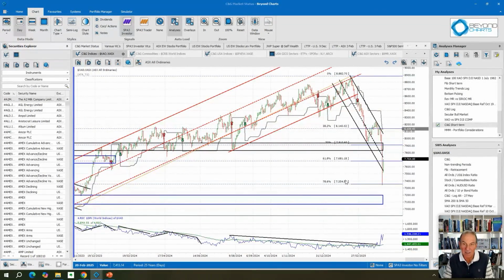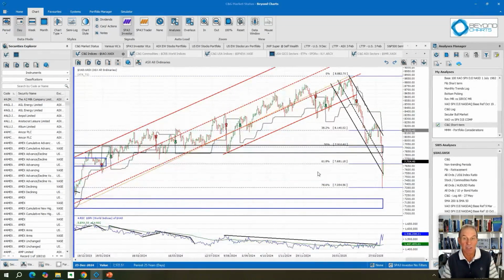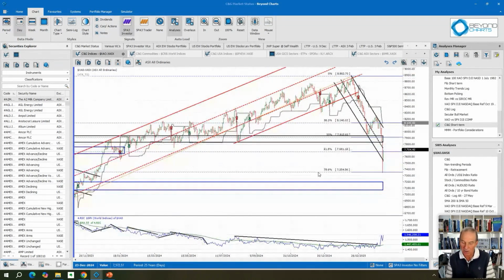So the All Ords has actually had a bigger relative fall from its run-up than the American indices. How do I know that? We've got a 78.6% retracement of the same run-up that we had over there, even though price-wise it is outperforming on the relative strength. Just from the Fibonacci, it's my view that it's underperforming. So that's two different ways of looking at the relative performance to the US markets.